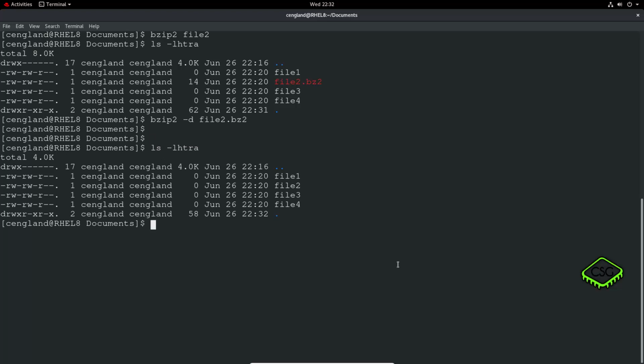bzip and gzip. So let's just do a clear screen for those two. So it's pretty simple. The command, then the file you want to zip, and it will automatically create the file name with the extension, and it looks like generally for a single file. And then you've got the -d, which is actually to uncompress, I guess, or decompress. Okay,